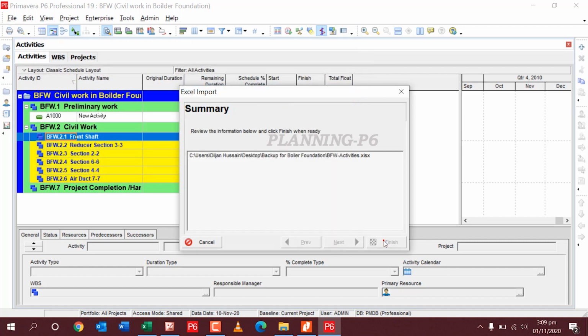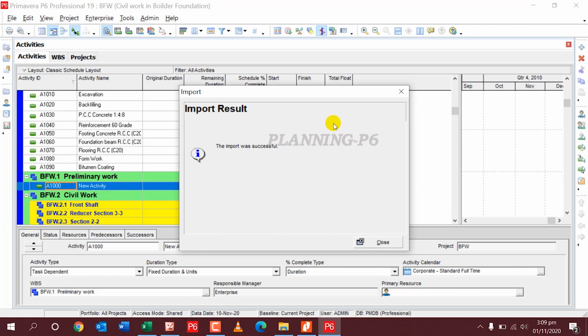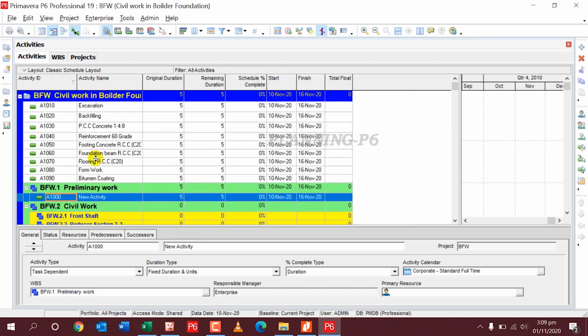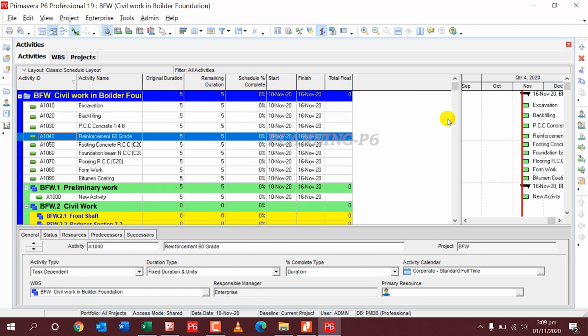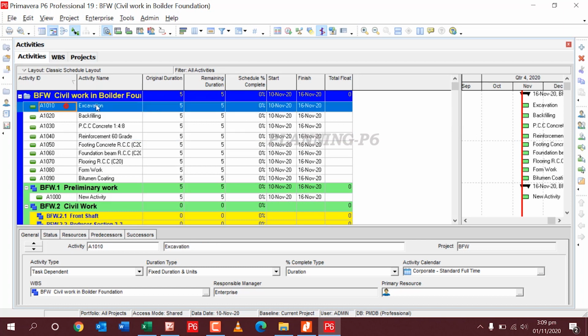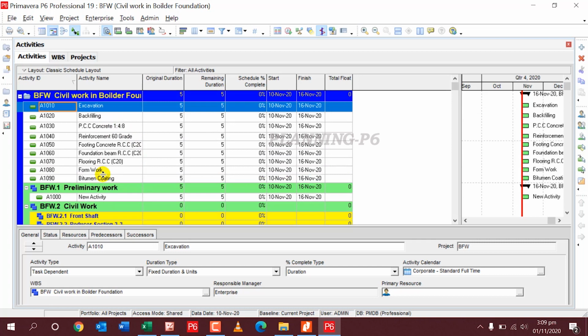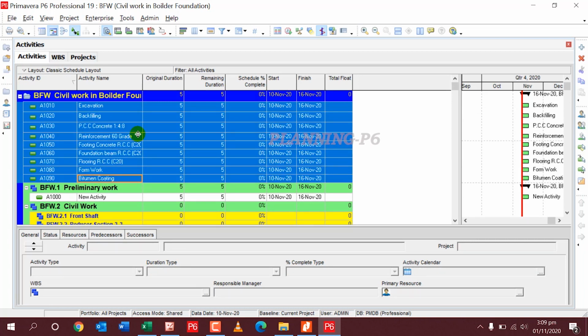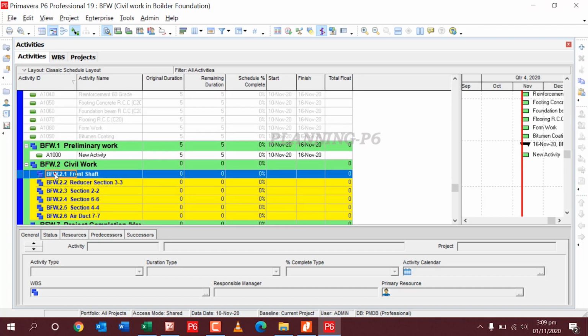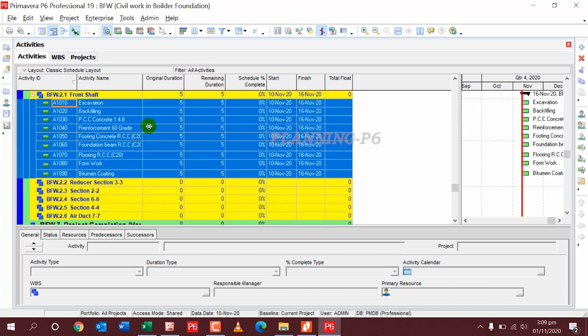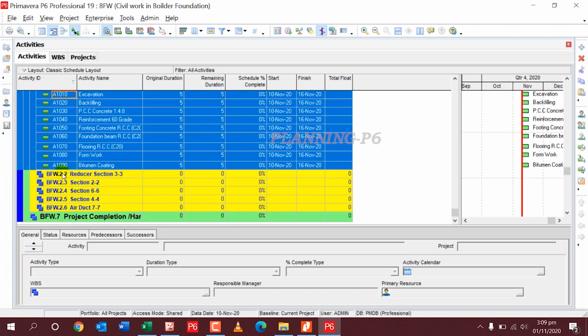When I complete import, you can see here all the activities are imported. Excavation, backfilling, PCC, all activities are same as it is. I will select these all and Control C copy, and then Control V paste all here.